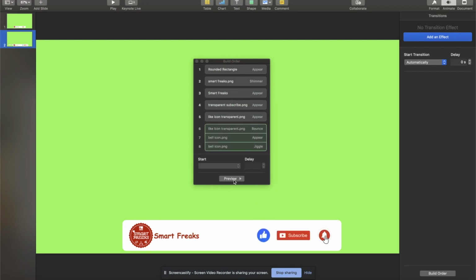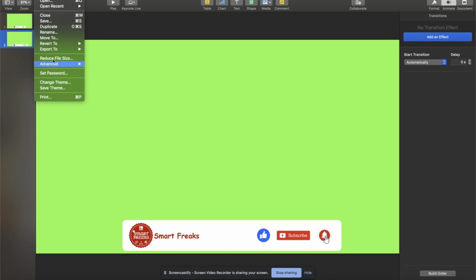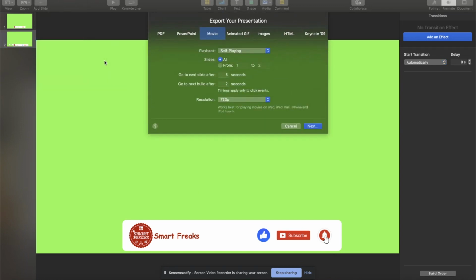Now the like button is bouncing, and the bell icon is wiggling. Awesome. Now you have to export to iMovie, because we wanted to use it in iMovie. Select self-playing, and maybe select the resolution as 1080p and export it to a folder where you want it.